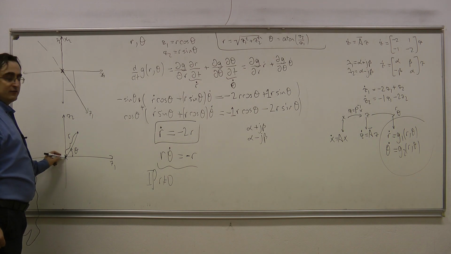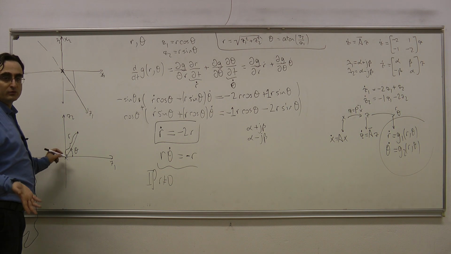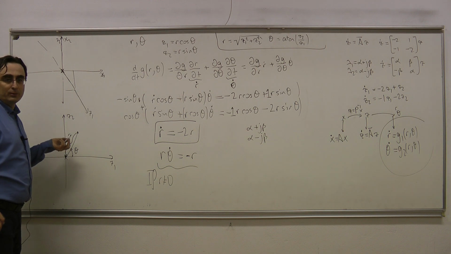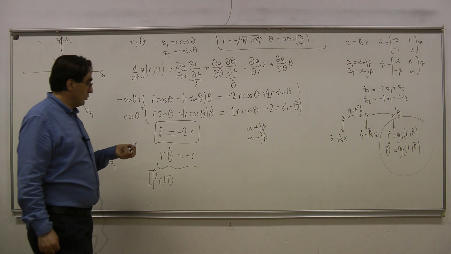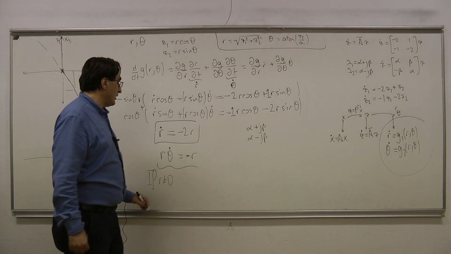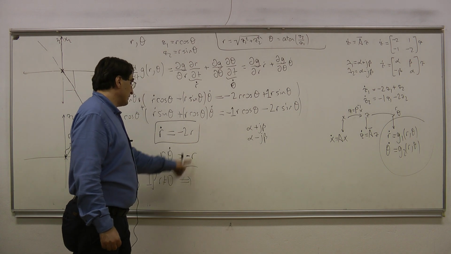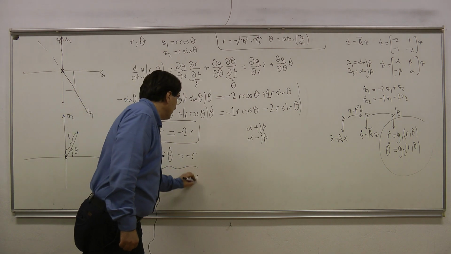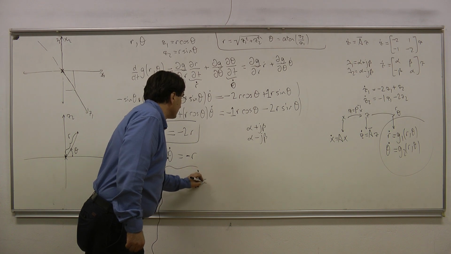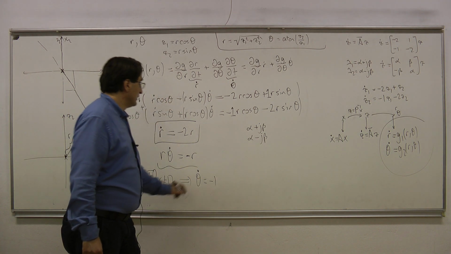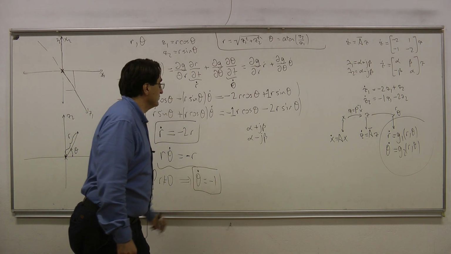So if the system is started at this point, it's going to remain forever at this point. So really I don't need to obtain the dynamics at the origin. So if I assume that R is not equal to 0, then I can cancel these R's here. Then that would give me theta dot is equal to -1. Okay? So this is my equation for